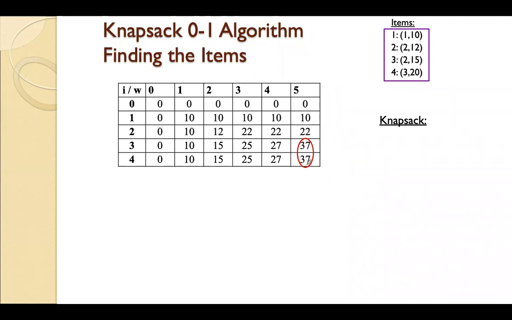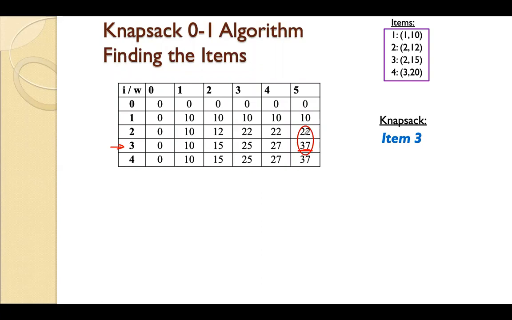Okay, here 37 is equal to 37. So we'll go and compare the next 2 elements. The next 2 elements are 37 and 22. Now 37 is not the same as 22. They are different. Now we got 2 different values here. So if they are different, whichever is the higher value, you have to go to that row, that is 3. So that means we are taking the third item.